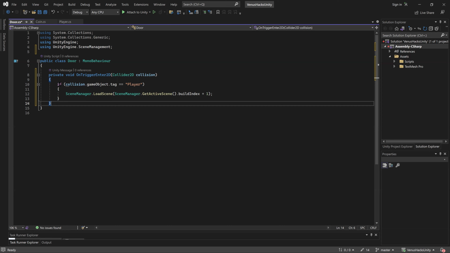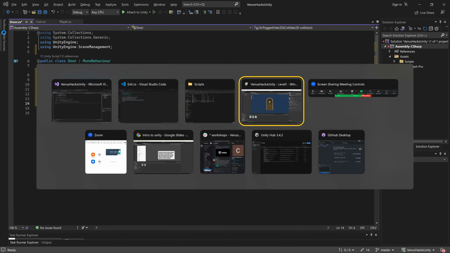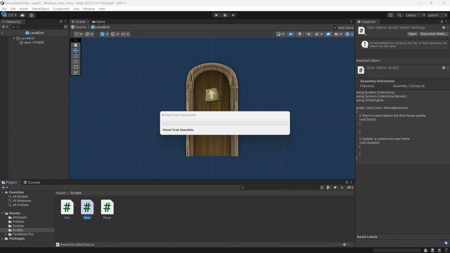Okay, so what we're doing here is we're saying if collision.gameObject.tag equals player, we're going to load the next scene in the build index, which is, oh my God,